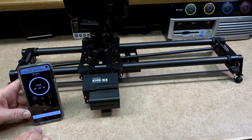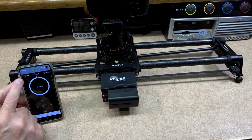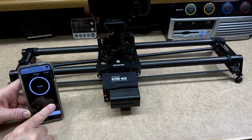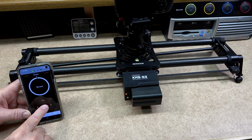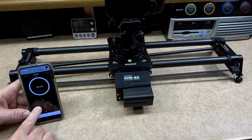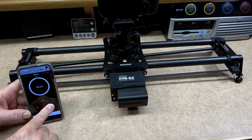One thing to remember in manual mode, if you've set A and B, manual mode will only take you backwards and forwards to those set positions. So if you want to go further, you'll have to press the clear button and restart all over again, setting point A and point B. Then manual mode will give you that full sweep that you've set. As you can see here, I've set A and B just to go a short distance, so pressing and holding to the left it will stop at point A, and pressing and holding to the right it will stop